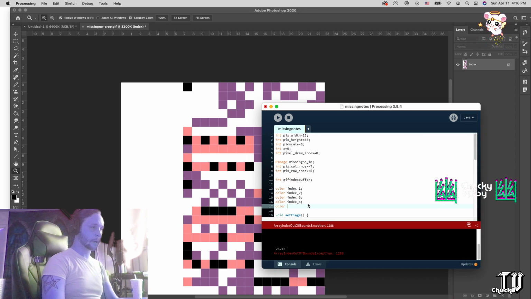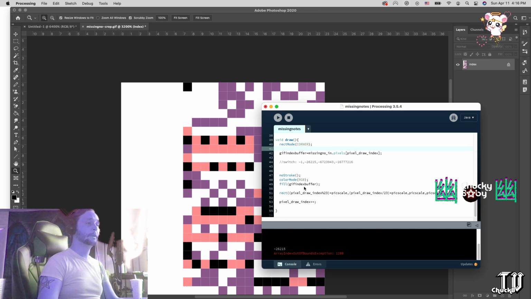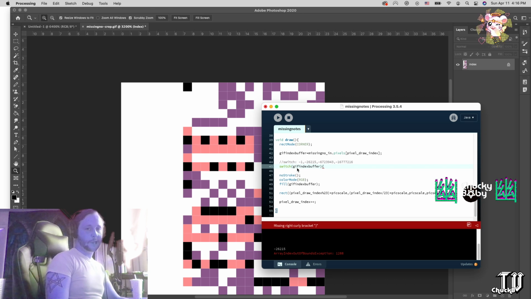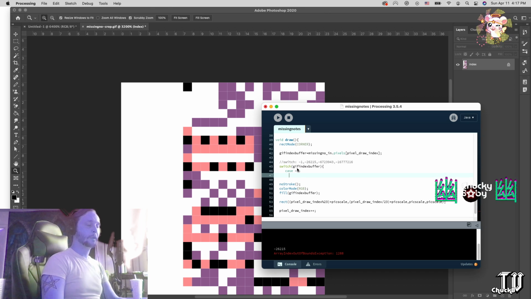That is our color buffer, which is gonna get written. And then I'm gonna Google the syntax for a switch in processing. All right, and then I look at it for 3 seconds. I'm like, oh yeah, okay, so switch. And so we're gonna switch our GIF index buffer up here. Cool. And then we have 4 different cases, right? And so then this is where we do case -1, and we say